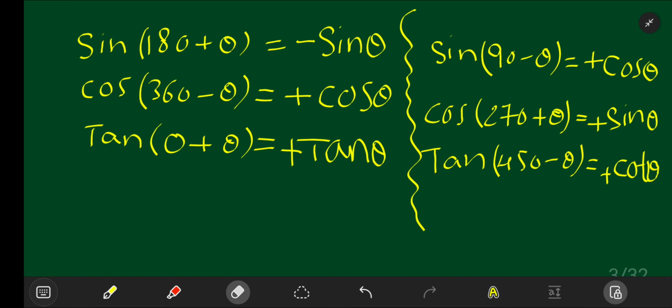Okay, next, let's do a few example problems, a few previous year question problems with regard to complementary angles. First problem,